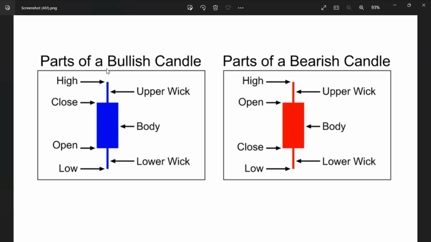chart patterns. Sorry, we have different kinds of chart patterns. We also have different kinds of candle patterns too. Now basically I'm going to explain what a candlestick is, because I'm trying to explain what a candlestick is right now. Let me show you guys my chart. Basically on the chart